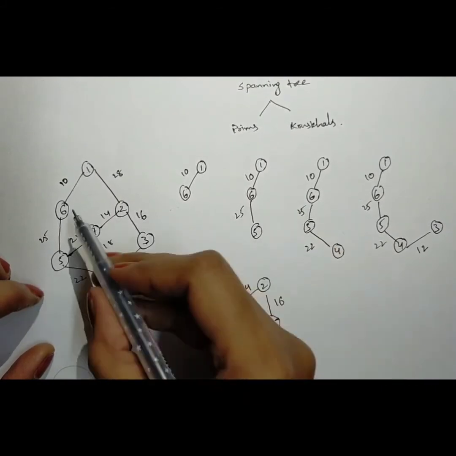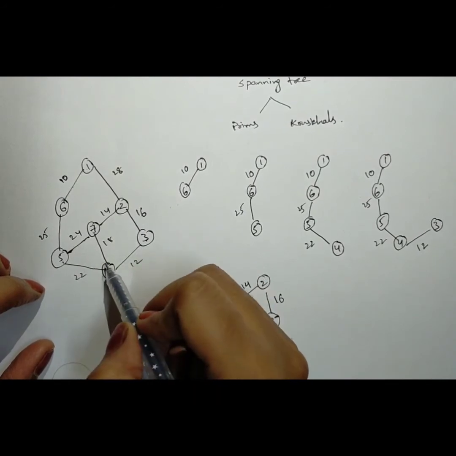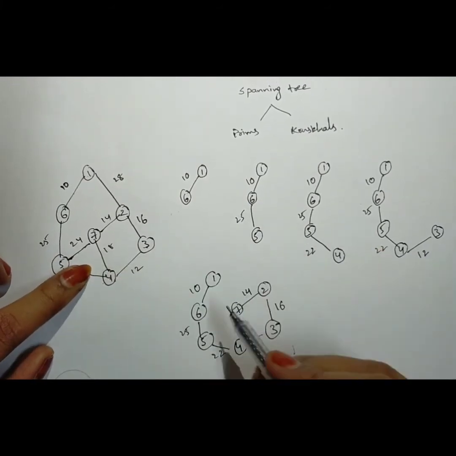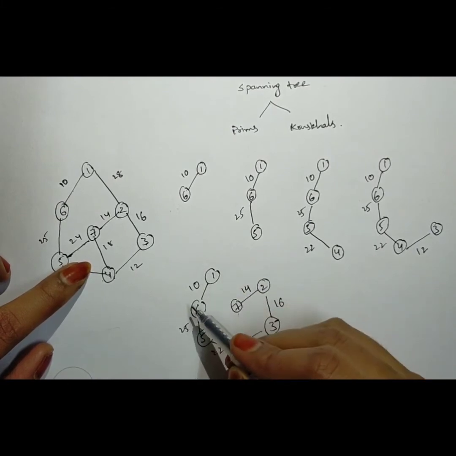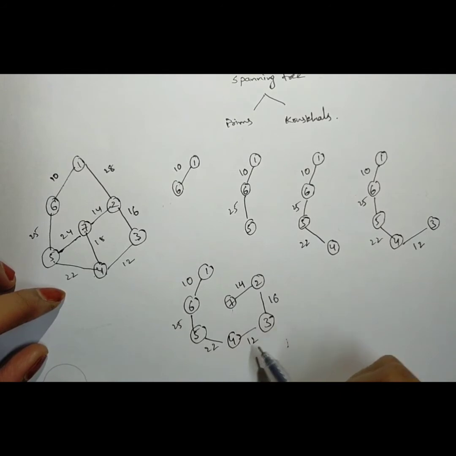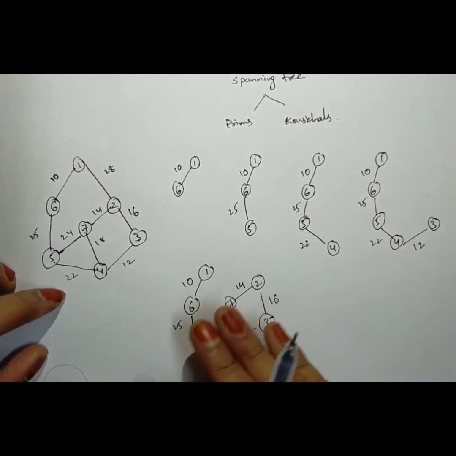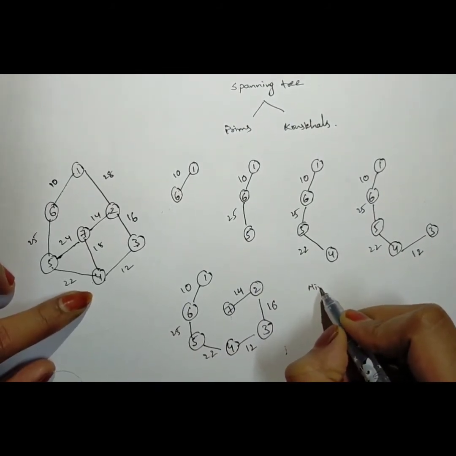Okay, see, from 7 I have checked all the possible adjacency nodes, but we don't find any connection from 7. From here you need to check whether all the nodes in the graph are connected or not. If all the nodes in the graph are connected, then you need to finish this problem here. Okay, now you need to find the minimum cost.